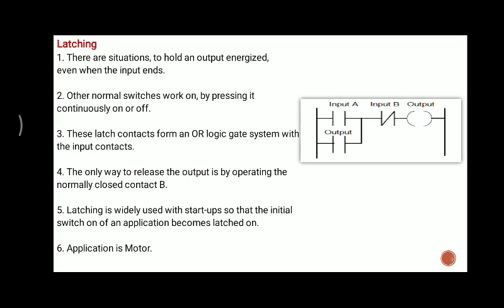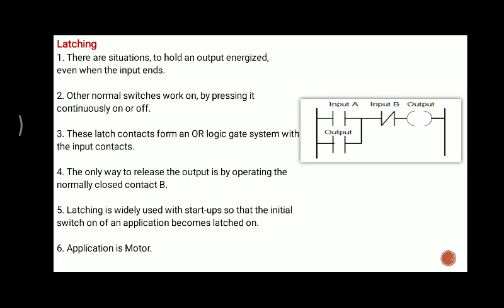An application of this latching is a motor. Now just consider a motor. For starting a motor, we just press the start button for a moment. Once we press that button, it energizes this input A, and if we release that button, this input A will become contactless again.